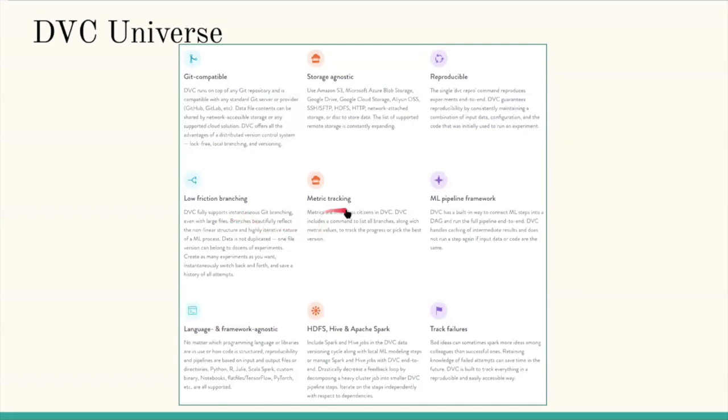As I said, DVC is built keeping in mind the data science use cases. So it has custom commands to track metrics, and you can compare multiple experiments. You can define your ML pipeline framework and publish new experiments. In a typical model building exercise, you have different stages where the data goes through and finally the trained model comes out.